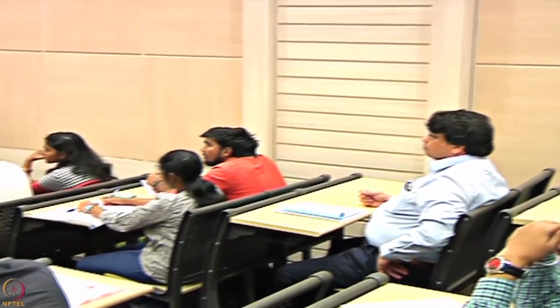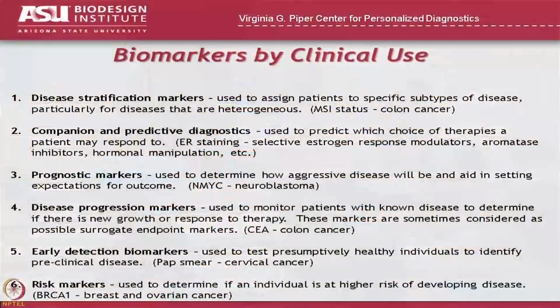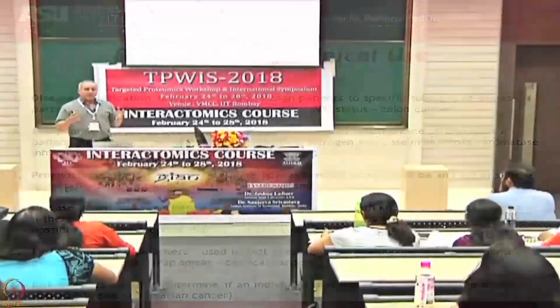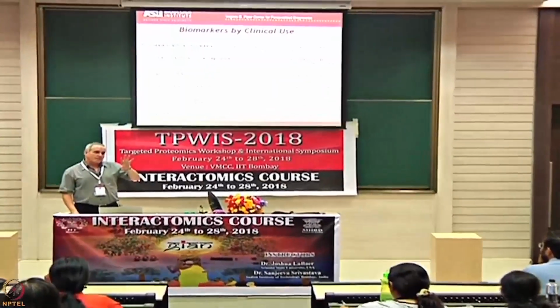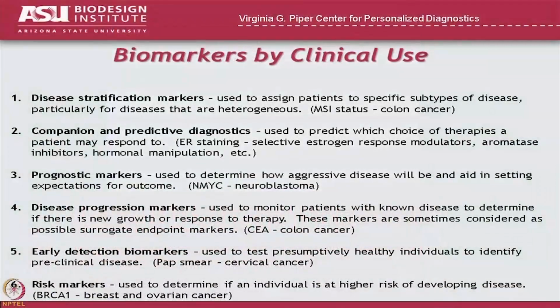Okay, so let me remind you what they are. One of the applications of biomarkers is what's called disease stratification. What that means is there are times when you have a particular disease, and you know that the population of individuals who have this disease are not all alike, right? Some of them have one subtype of disease, and others have another subtype. Does anyone know examples of cancers that have different subtypes? Breast cancer is the classic, right? Breast cancer has 5 or 6 known different subtypes.